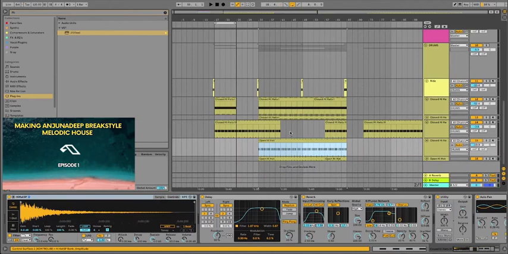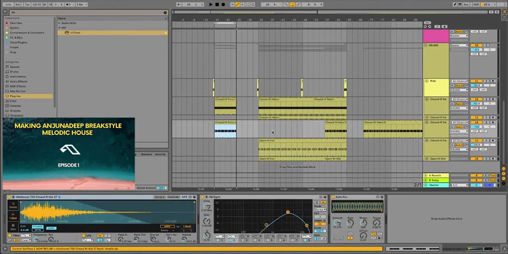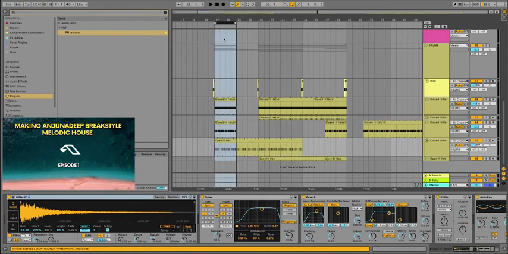What I might do is actually just copy that. Let's see how many of these hats I'm actually gonna use, and then maybe just delete the rest.